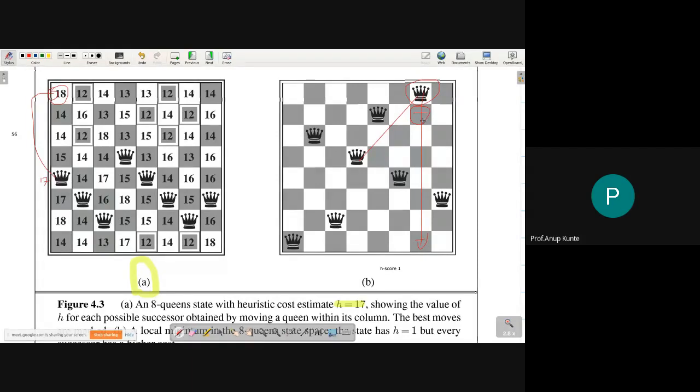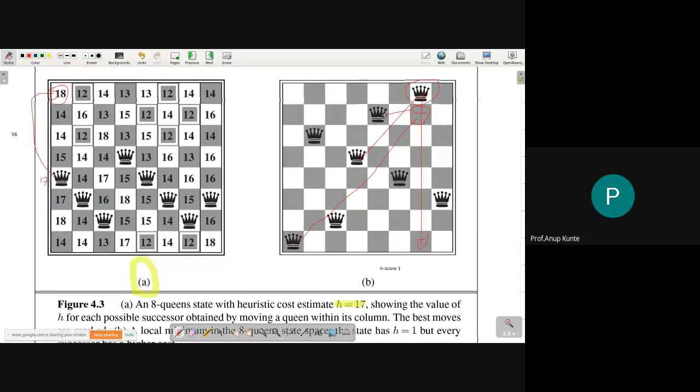Again I need to look for the pairs of queens which are attacking each other. So this is attacking this queen, this is attacking this queen. So 2 pairs I have found, but definitely this new h score is at least 2, right? There could be more pairs as well. I'm not seeing the whole set of pairs, but I may have some algorithm to verify the attack of one queen over the other, and that will give me the h score.